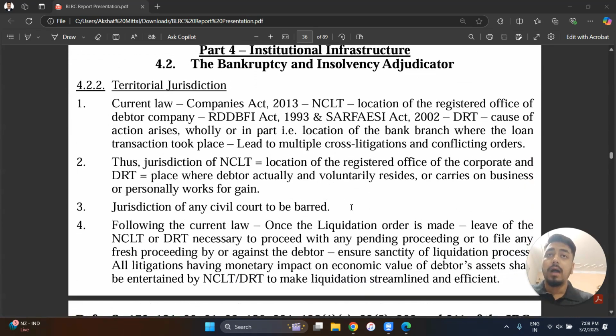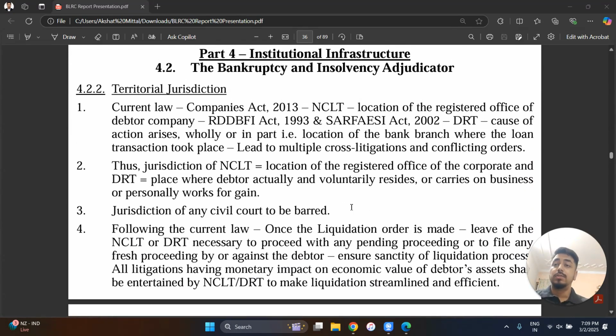Now, how to determine the territorial jurisdiction of these adjudicators? Under the Companies Act, this committee has noted that it is either the location of the registered office of a company or of a debtor, or under the SARFAESI or RDB Act, the territorial jurisdiction was determined by the location of the bank branch. Then, what should be the territorial jurisdiction under the present IBC? This committee has recommended that the location of the registered office of the debtor should determine the jurisdiction of the